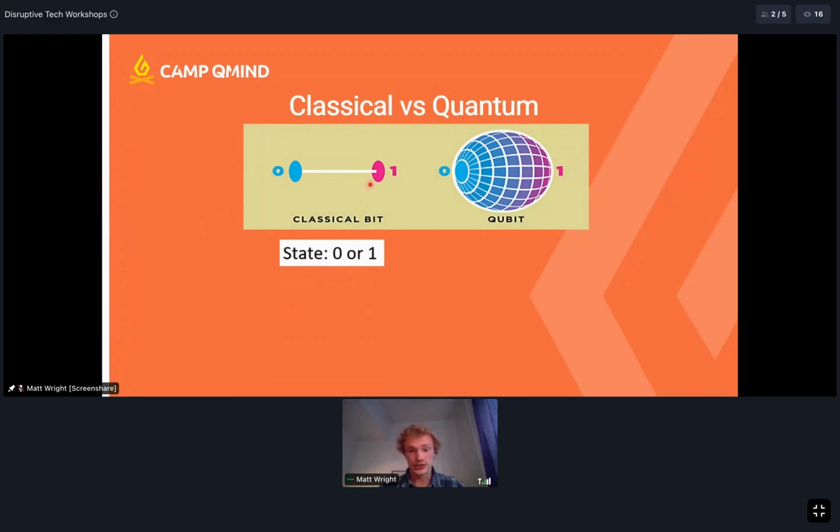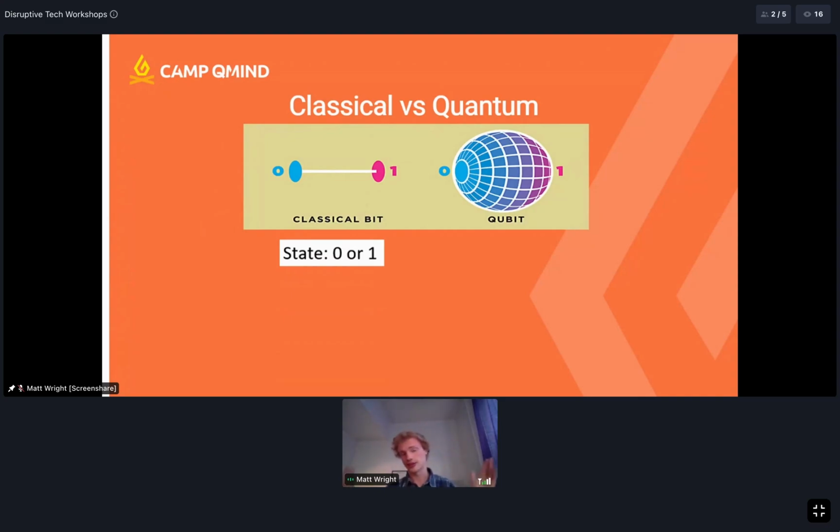And not only are these states discrete, they're also deterministic. You can predict with absolute certainty what the state will be. And you can also apply gates or operations like AND, OR, NOT, COPY to manipulate these bits and manipulate the information. And these gates can be a whole bunch of different things. They can have a 1-to-1 mapping, so 1 bit in, 1 bit out, or they could take 2 bits in and output 1 bit, or take 1 bit in and output 2.